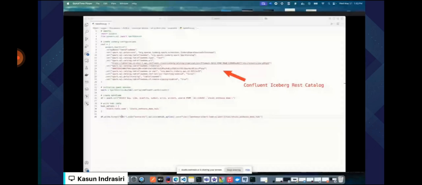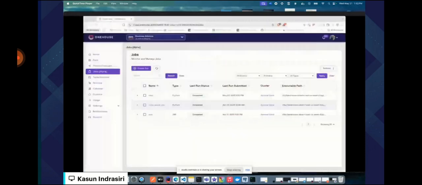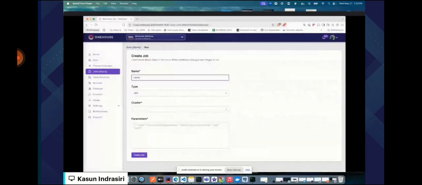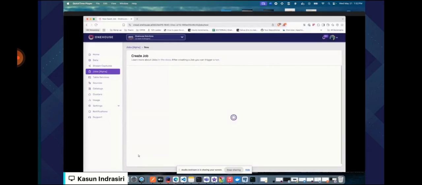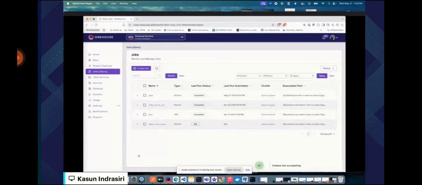Now, to run this script, go back to the jobs section in Onehouse and create a new job, and then select the type as Python and the cluster that we have just created, and also you need to point to the Table Flow Python script that I showed you earlier, and you can successfully create the job.